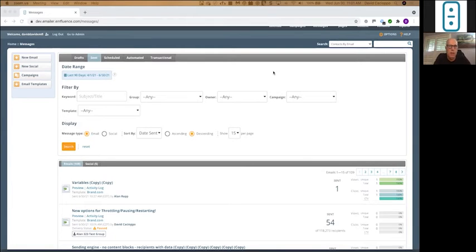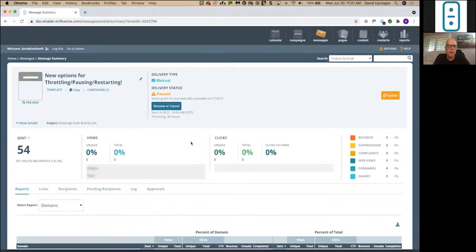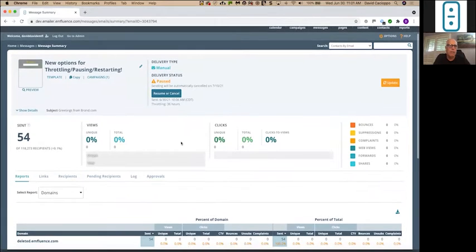The first thing I want to show you is we've added the ability to pause and restart emails that have been throttled. In this case, we have a campaign that is set to go out to 118,273 recipients. If you don't want to overwhelm a call center with a campaign that large, or if you want to slowly pace traffic to your website, if you have some goals for targeted traffic, those would be great reasons to throttle your email.